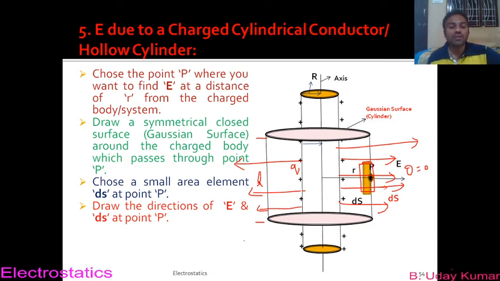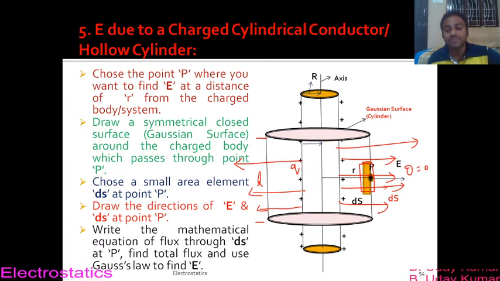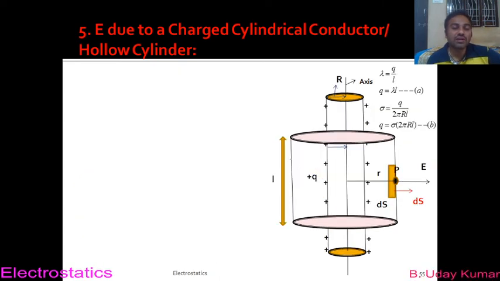Okay, so now what we have to do, I have to just simply write the mathematical formula of the electric flux that is passing through ds, and after writing that you just integrate it. So what is the flux that is passing through ds? I am using it in all the topics, right? So this is denoted by d phi e, which is written as the dot product of E and ds now. And remember, to find the total electric flux I have to integrate this equation. So let us move on to our next slide.